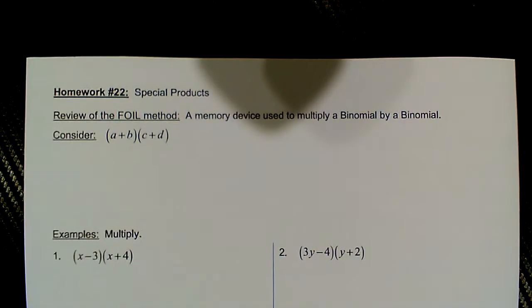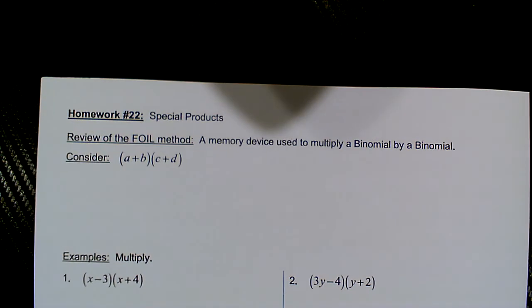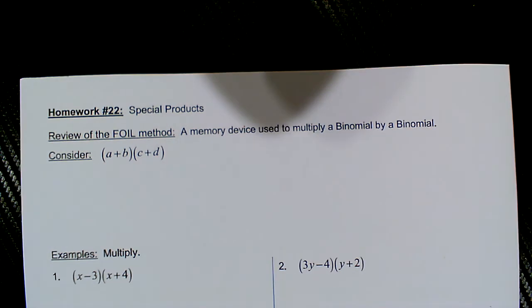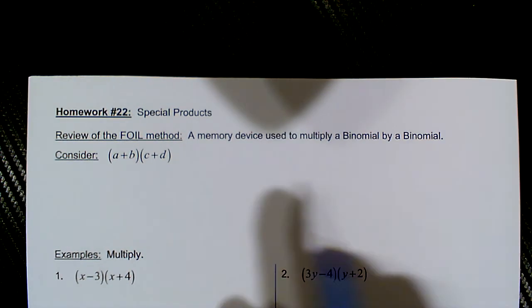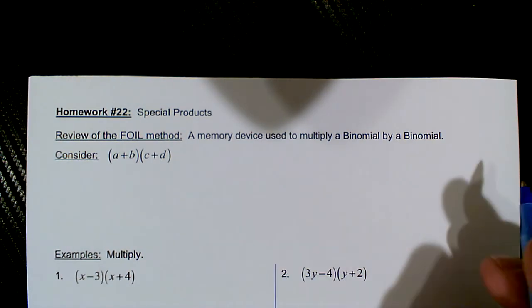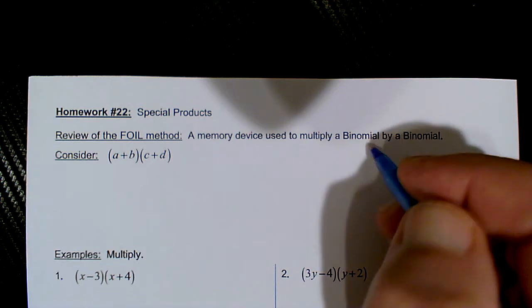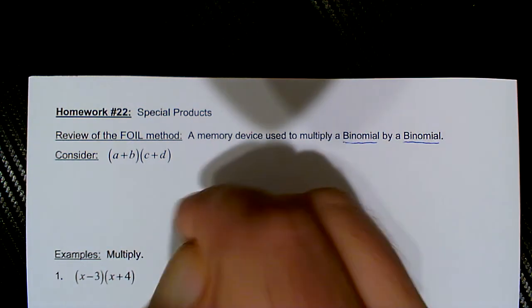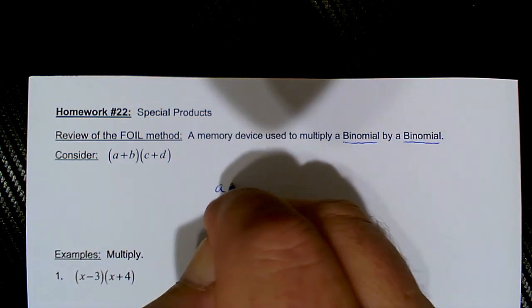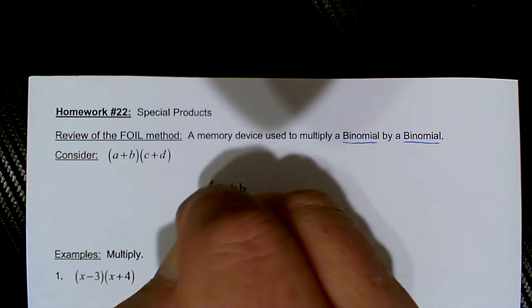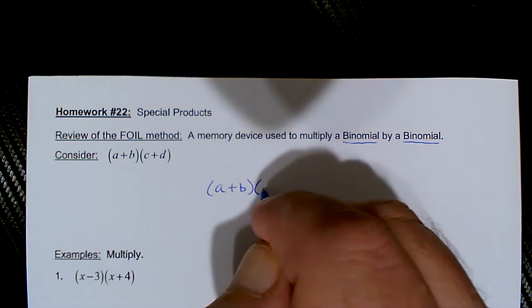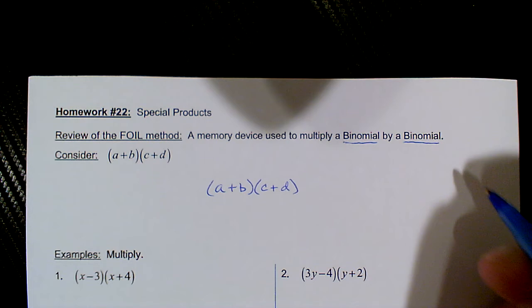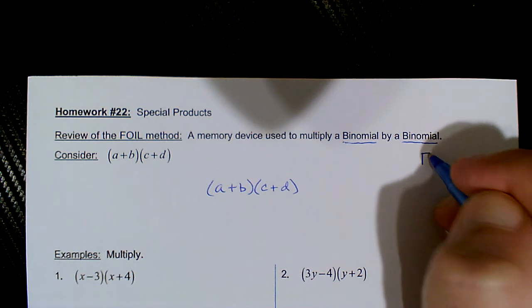Hello everyone. In homework 22 we look at special products and we'll start by reviewing the FOIL method. Remember, it's a memory device that's used to multiply a binomial by a binomial, and in general if we say a plus b is a quantity, that's a binomial, times c plus d, then remember the